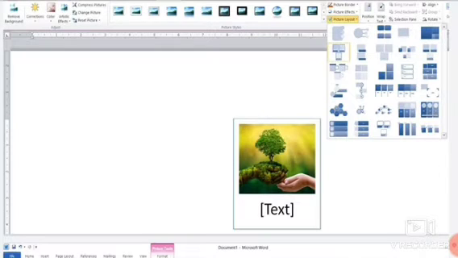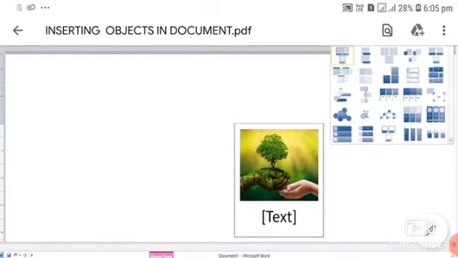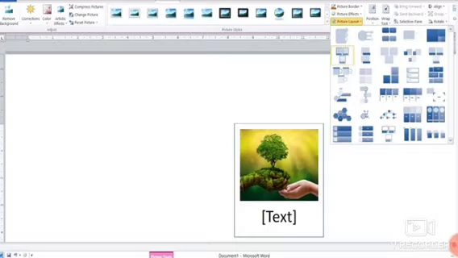Next, if we want to change the layout of the picture, as it's looking like a simple picture, but sometimes we need to put some text also with it. We want to change it into SmartArt graphics. So for this, you can click on the picture, then choose the picture layout option. In this picture layout option, you will get a list of different layouts. Whichever you want to show in your picture format, you just click on it, and that will appear on your screen. As you can see, the picture and the text. In the place of the text, you can write any text for the picture, for the image.